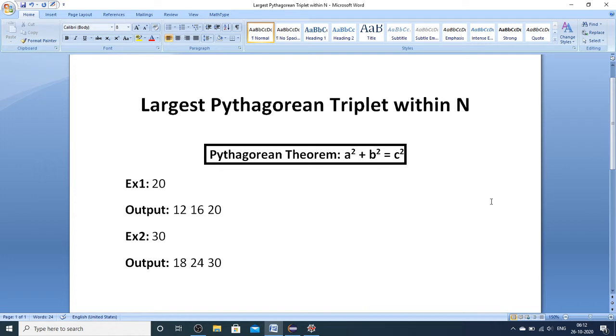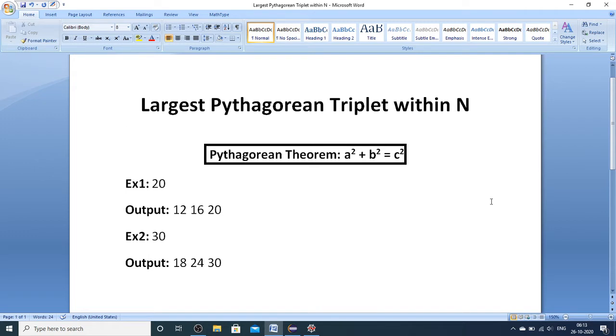The Pythagorean theorem says that a square plus b square is equal to c square. So by satisfying this condition, you are supposed to determine the a, b, c values that will be within n.